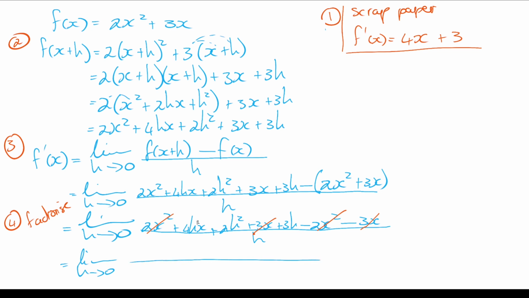I'm going to take out an h from everything: 4x plus 2h plus 3 over h. These two cancel out. And now our fifth step